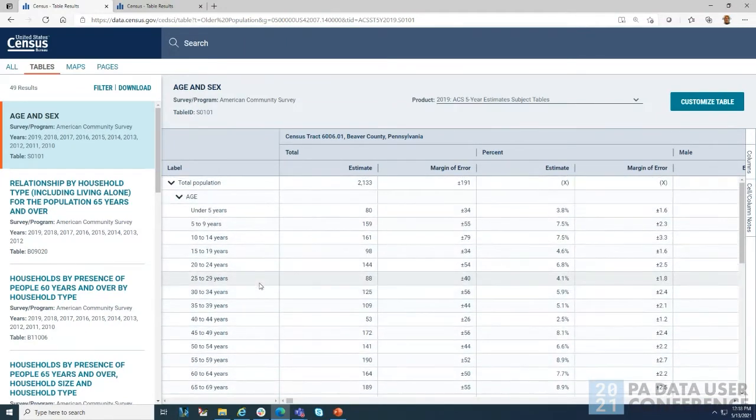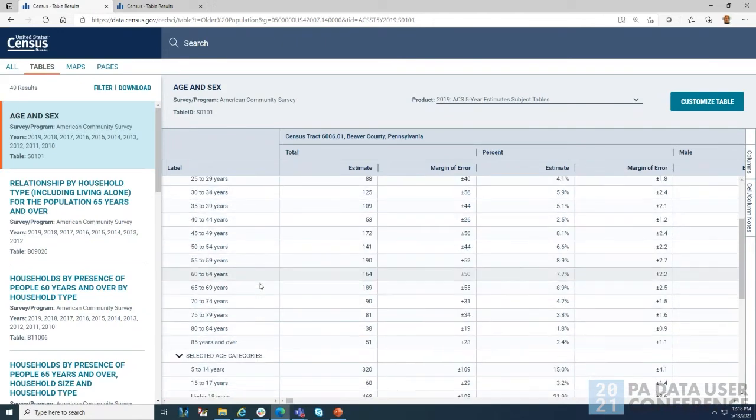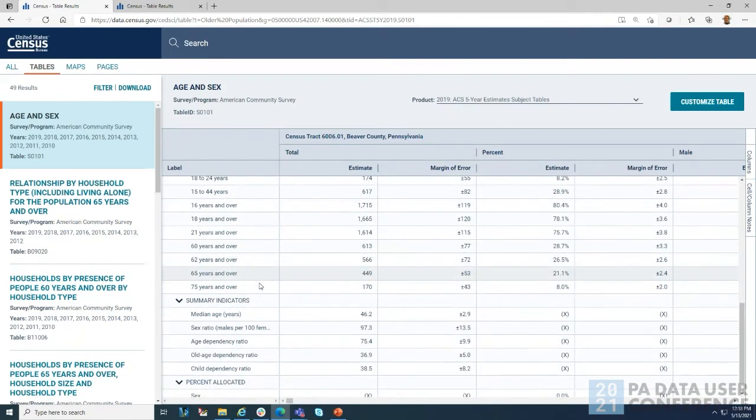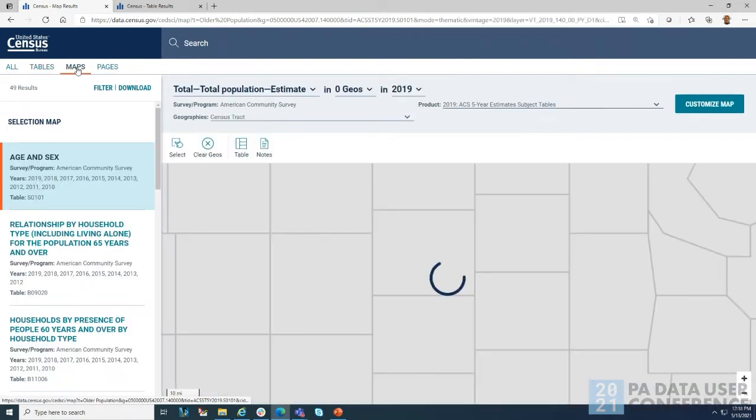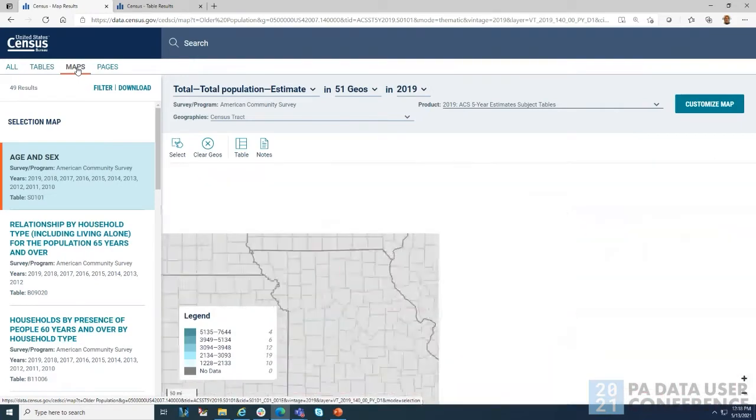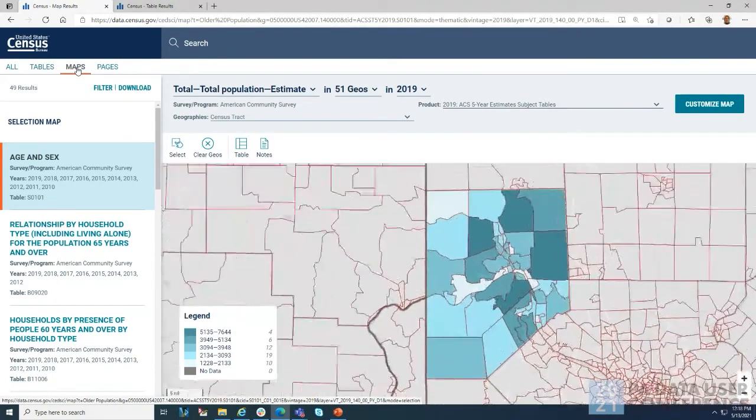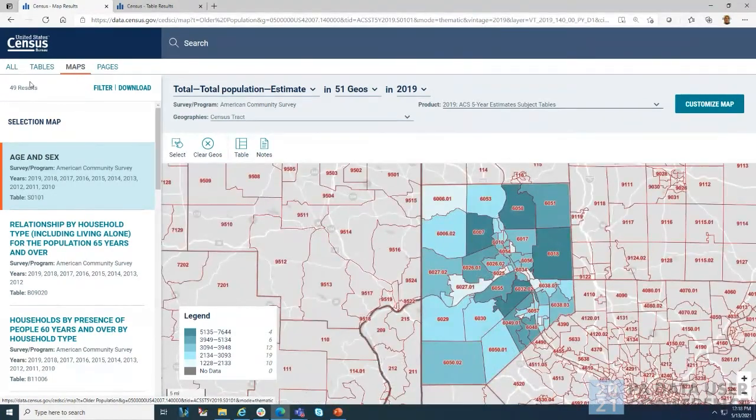Sometimes it's really nice for me to visualize the table before I go in, but I could just switch directly to the maps. But I'm just making sure that my estimate is there, that I'm looking at 60 and over for the percentage. And from there, I can click on maps. It's going to refresh and take you there.